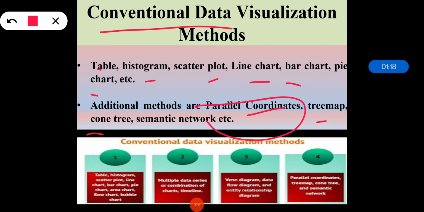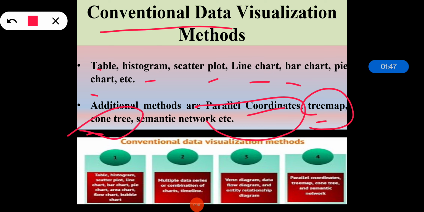We can say that parallel coordinates are useful to display multi-dimensional data, and the tree map is a method that is very effective for visualizing hierarchies. So the size of each subrectangle represents one particular measure. Tree map is, we can say, the collection of various choices we are trying to visualize.